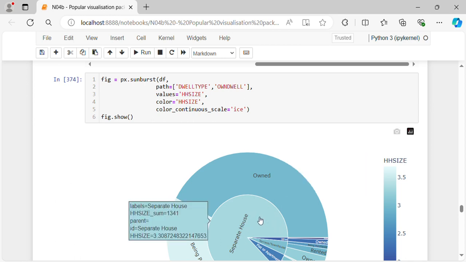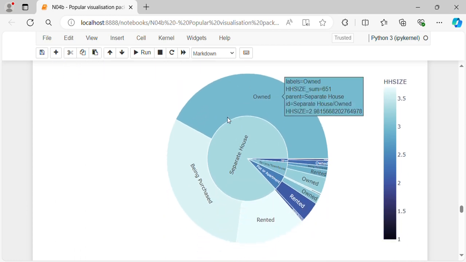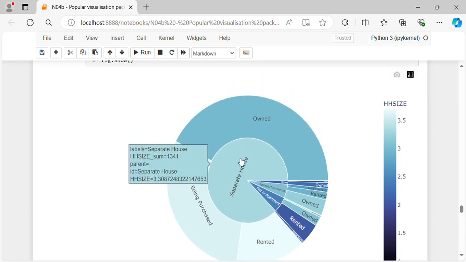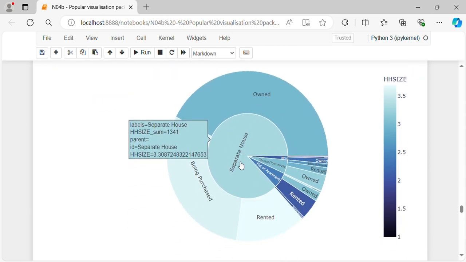So the values that are shown is household size. So the size of each of these sectors is measured in terms of household size. Color equal household size, and color underscore continuous underscore scale equal Ice. fig.show open and close bracket. So we can see that the dwell type separate house has